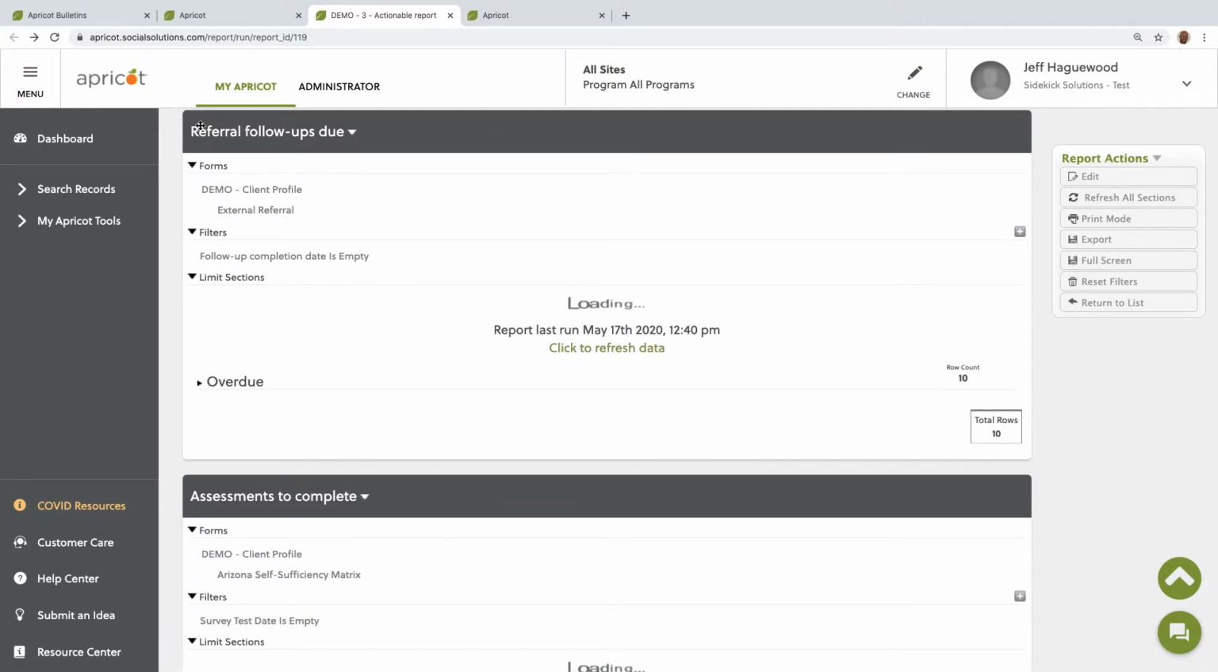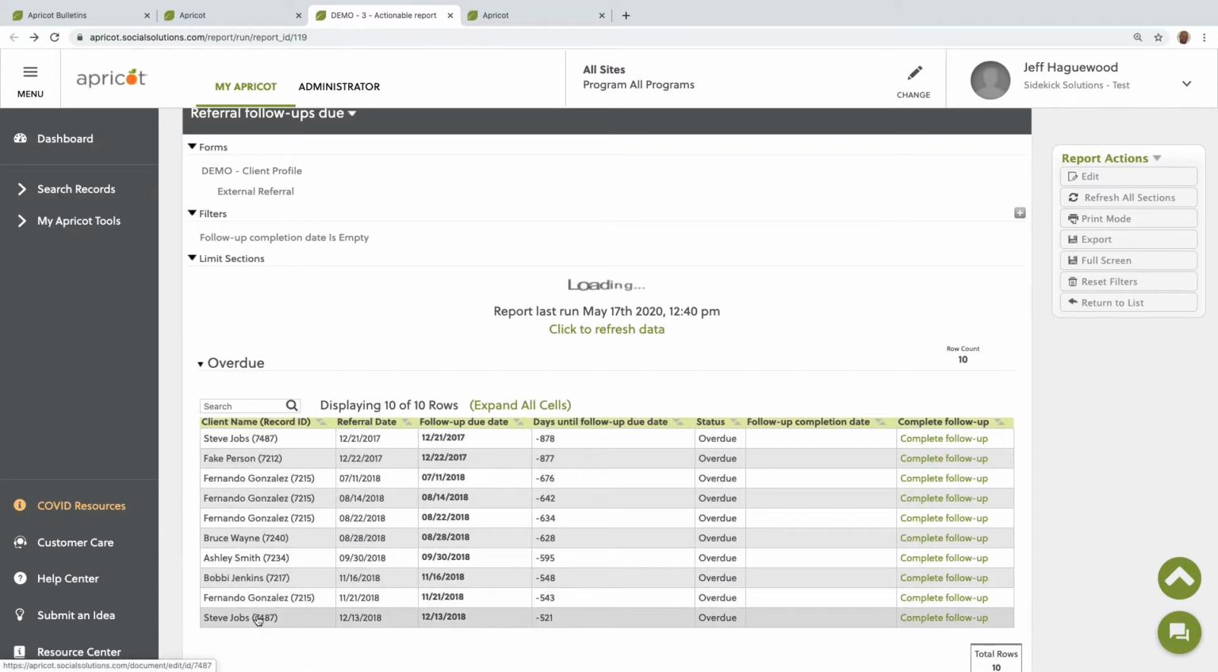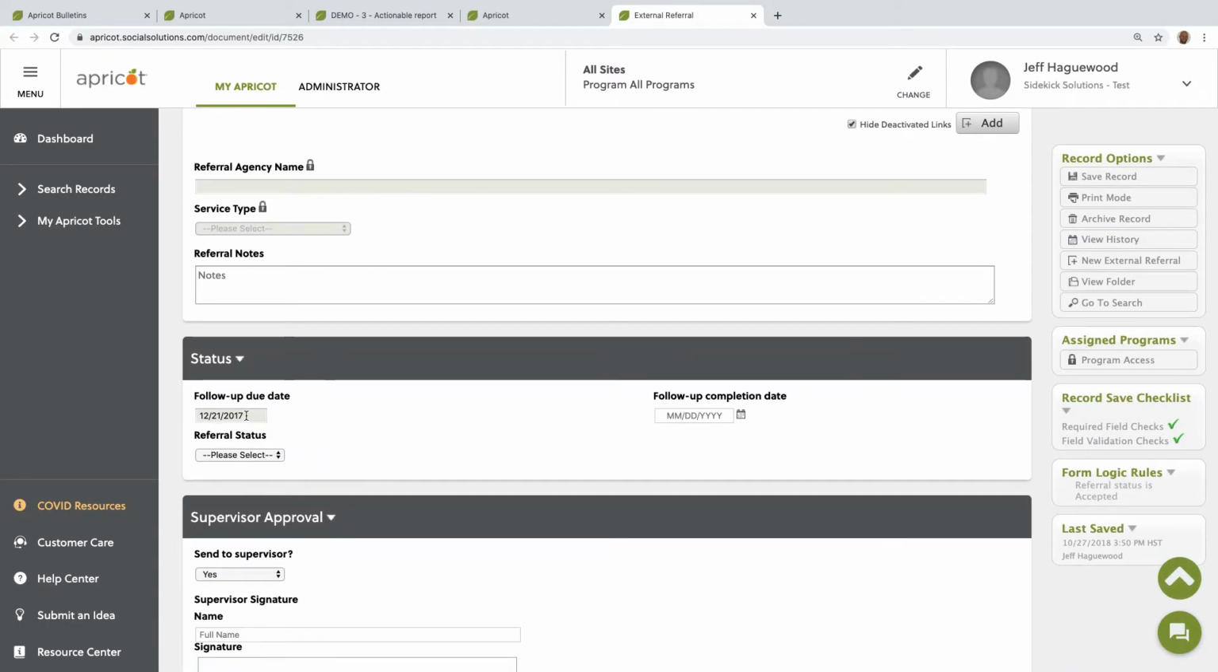So here we have a referral follow-ups that are due report, and you can see how these follow-ups, or these records, these are actually external referrals, have been queued up because they do not have a follow-up completion date. Now, the moment that we complete this record, it will fall out of this report, which means this report is conditional based on the completion of the task. So I have a clickable link here. I can navigate to my external referral. You can see that my follow-up due date is listed here. And as soon as I enter a completion date,